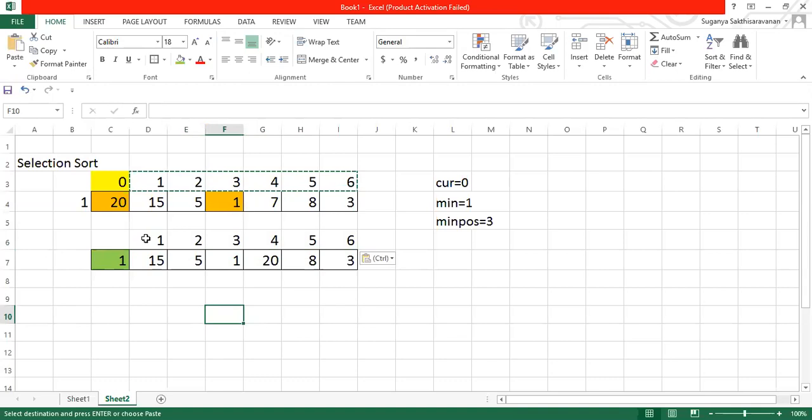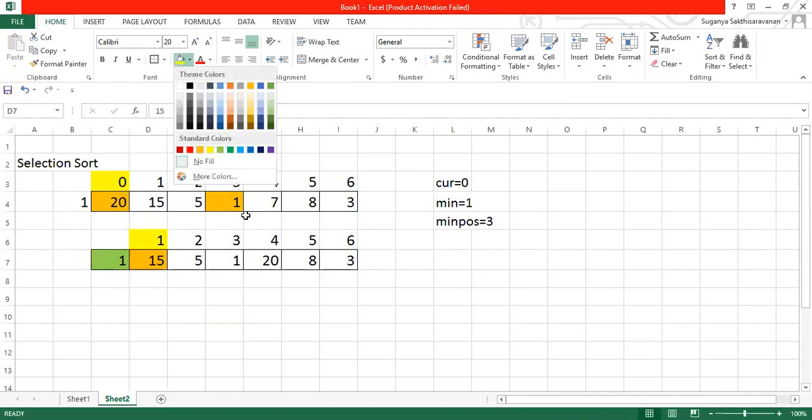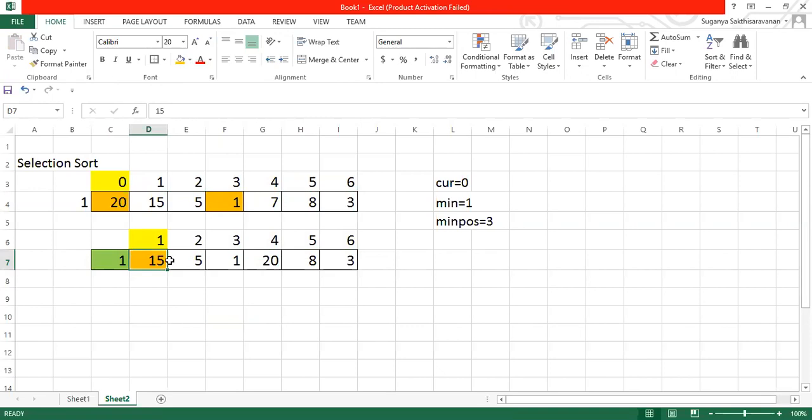We'll take the remaining ones. Right now, your cursor will point to here and stand at this position. I'll check whether this particular element 15 is at the right position. No. Just swapping 20 with 1. After swapping it, this element has been brought to its appropriate position. At the second iteration, I'll move my pointer to the first position. Now I'll check the next minimum element in the list. The next minimum element is 3.